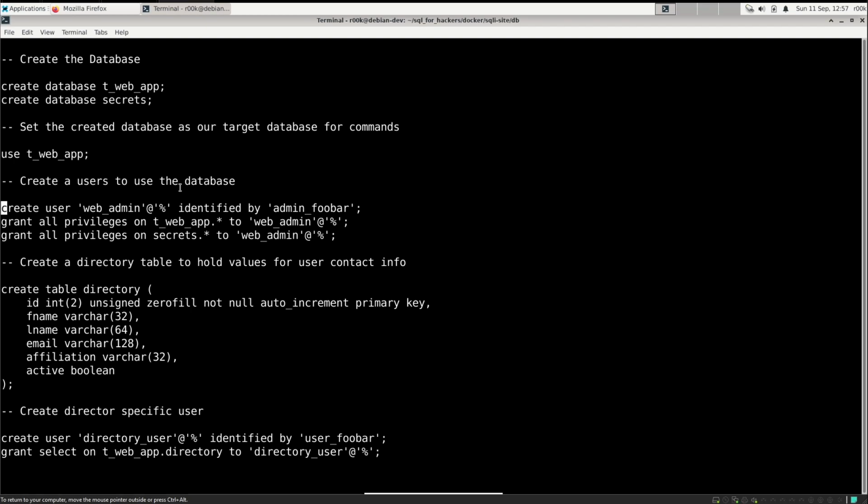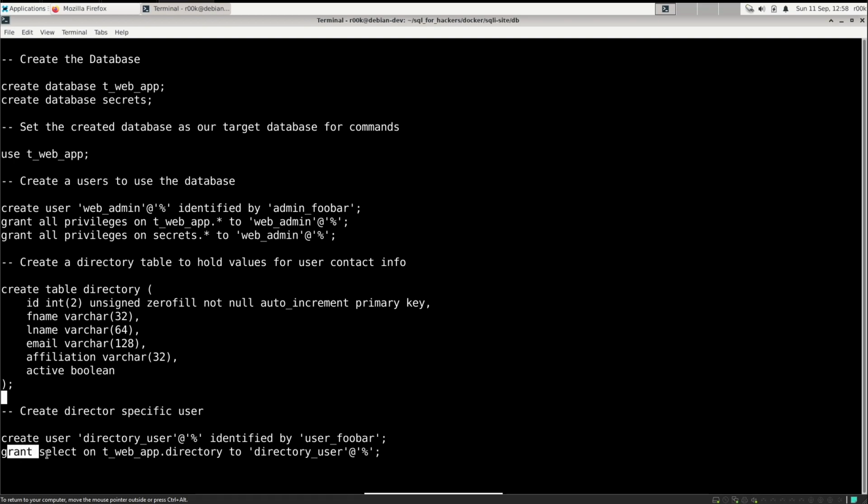So far, we've really only been using one table, and that's been the directory table. So below this, underneath the creation of the table, and this is important, you can't grant privileges on a table that doesn't exist yet. So first we create the table, and then underneath, we create the user, directory user, identified by, and this is a bad password, don't use a bad password, but identified by a password.